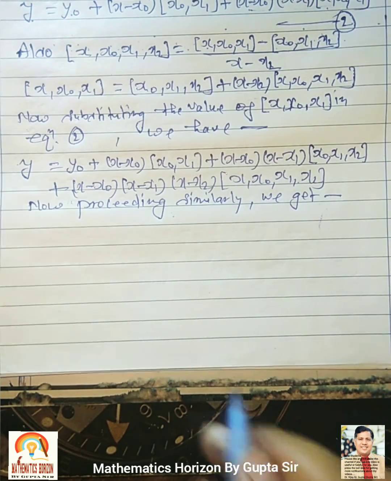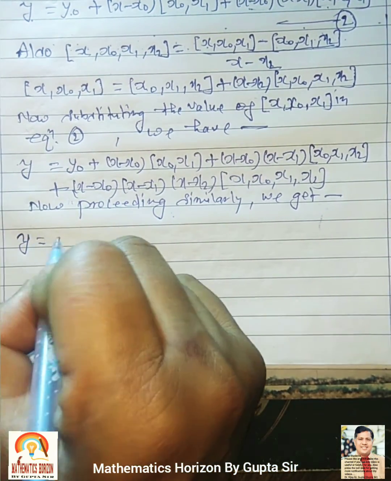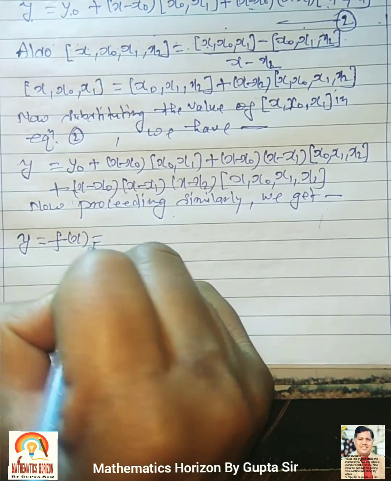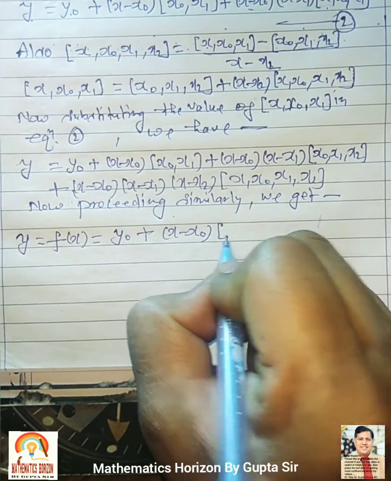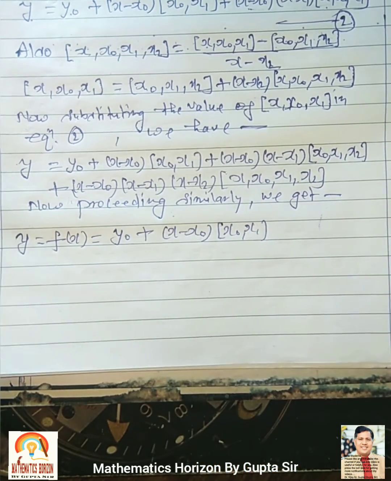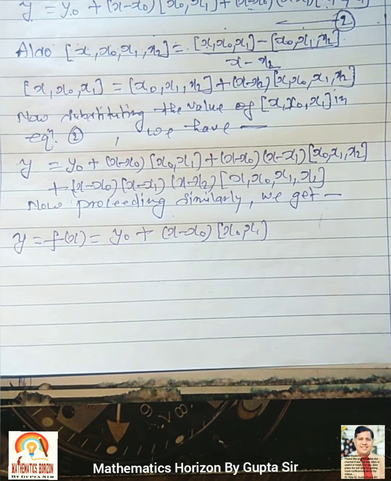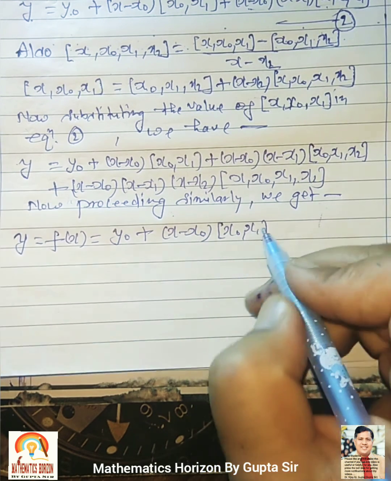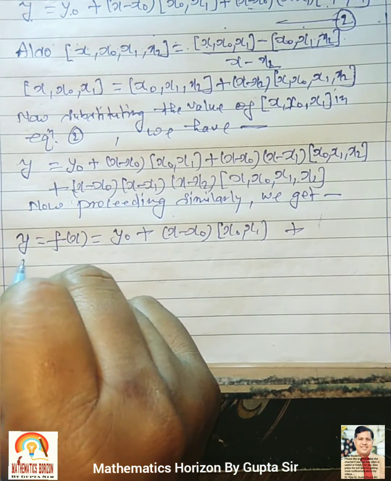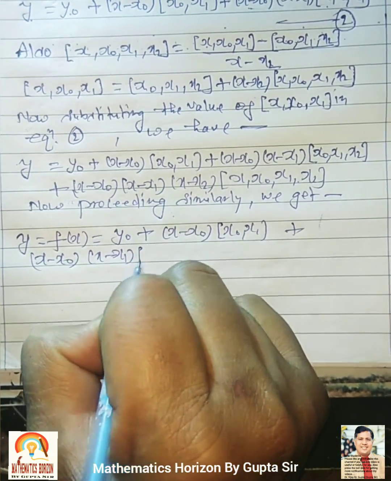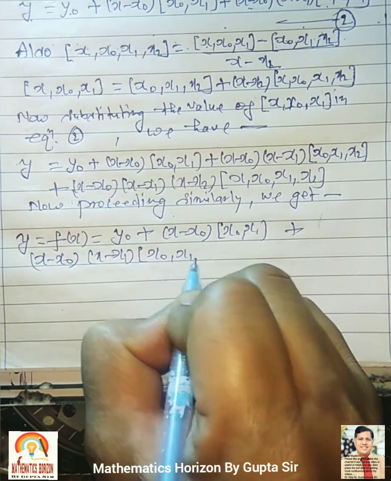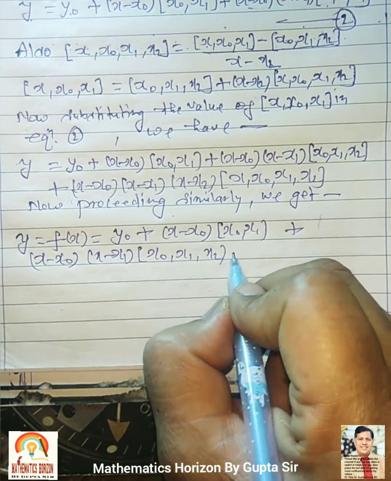Now what do we get? We get y equal to f(x) is equal to y0 plus (x minus x0) times [x0, x1], plus (x minus x0)(x minus x1) times [x0, x1, x2], plus, what is the third term? (x minus x0)(x minus x1)(x minus x2)